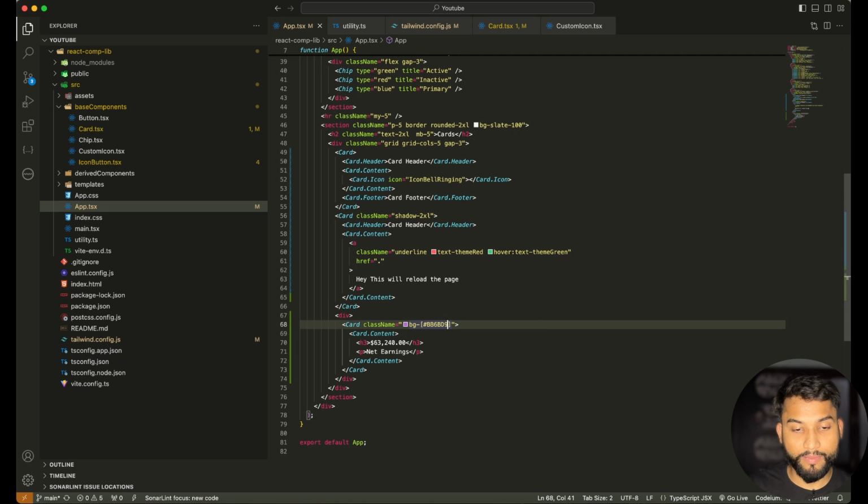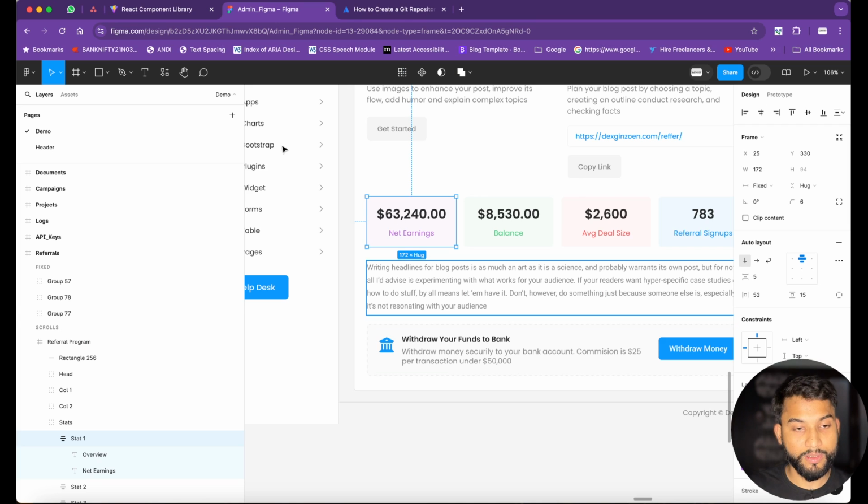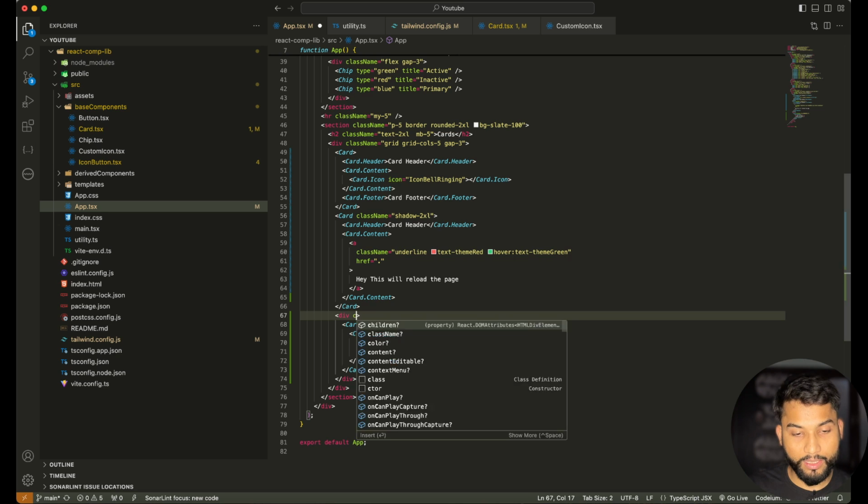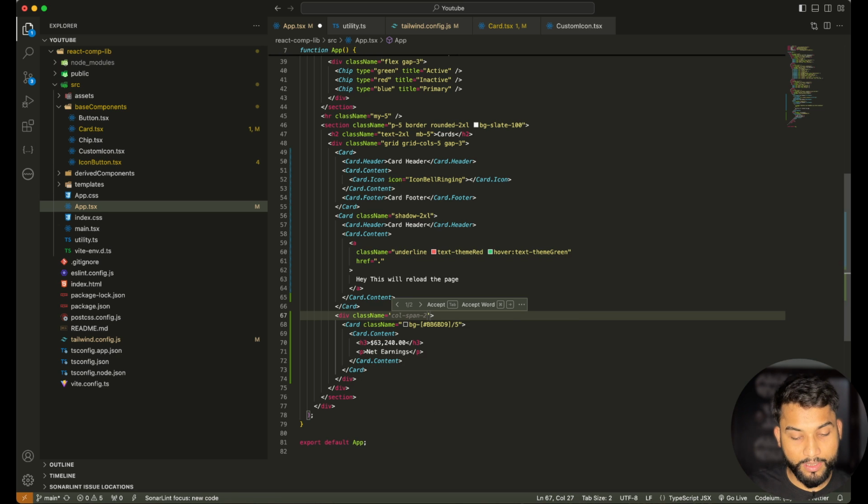So it could be background by 5. So let's see how it's looking. Now we have this. It's looking good. And maybe we can add BG white to it so that we can clearly see what